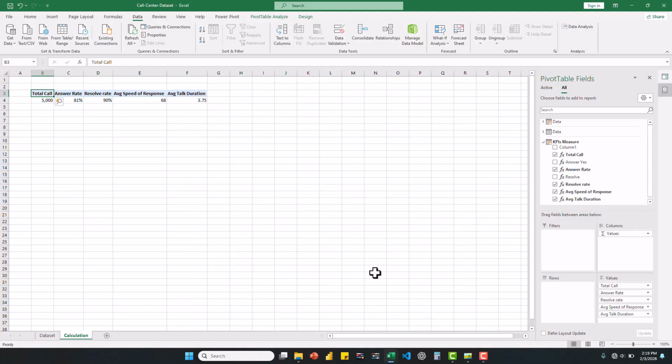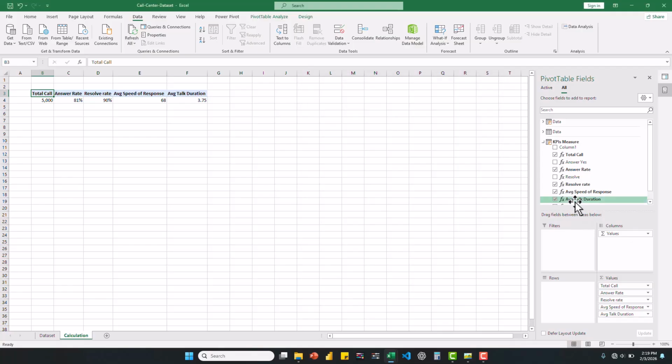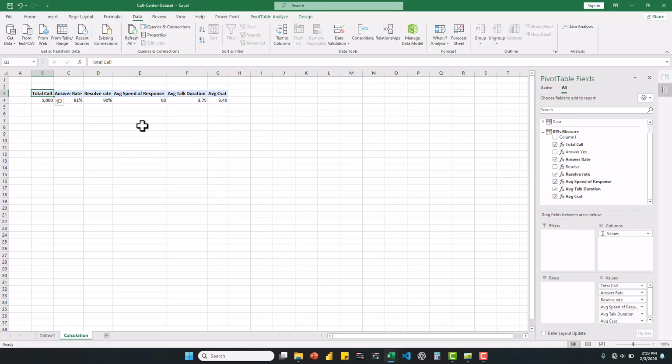Okay, so then the last KPI, which is the average customer satisfaction, which is CSAT, AVG, CSAT, average satisfaction rating. So 2 decimal place as well, and click OK. Now let's check. Okay, so this is our main KPI,